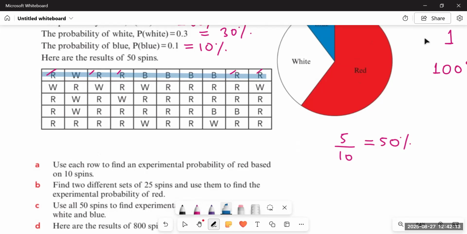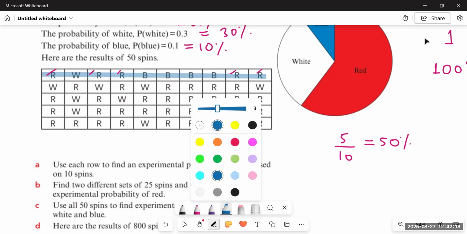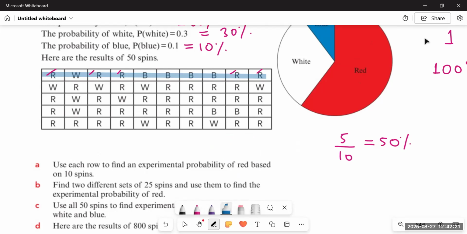Then let's take the second row. Now we do not have to calculate it as 10, 20, 30, 40. Every time we have to calculate it by taking a single row. So if we take the second row only, it would be red, red, red, red, red, 5 and 6. So this time we are getting 60%. That is 6 upon 10 equals 60%, or you can say 0.6. So this time the probability is exactly the same as the theoretical one. In the third one, we are getting 1, 2, 3, 4, 5, 6, 7, 8. So this time it's 80%.